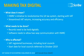You've probably heard this phrase, even if you know nothing else about it. Making Tax Digital is HMRC's initiative to revolutionise the UK tax system. Initially, it will begin with VAT, and this is what I want to concentrate on today. The idea is it will streamline VAT returns as they must be submitted online via account software. This is to improve accuracy of returns and also benefit the business in that they have a better understanding of